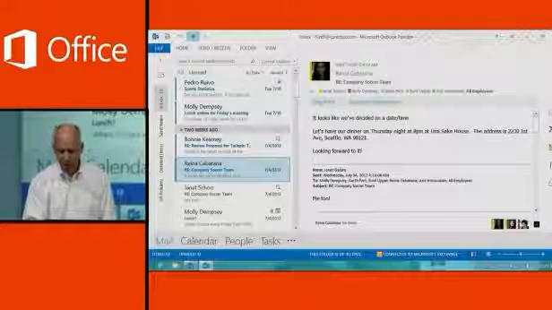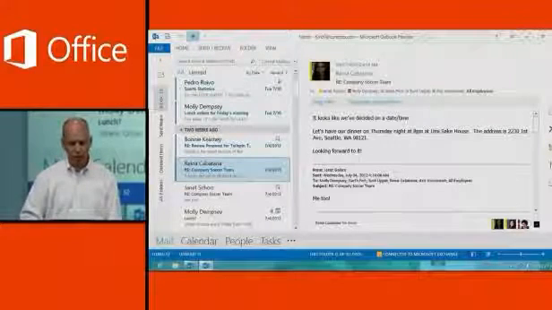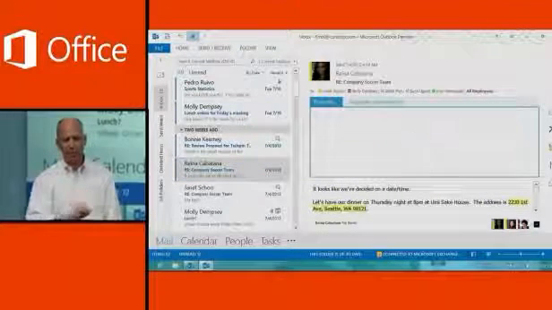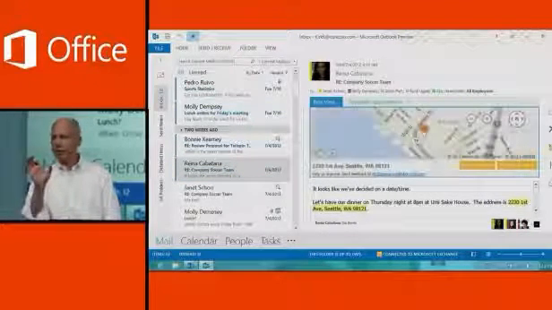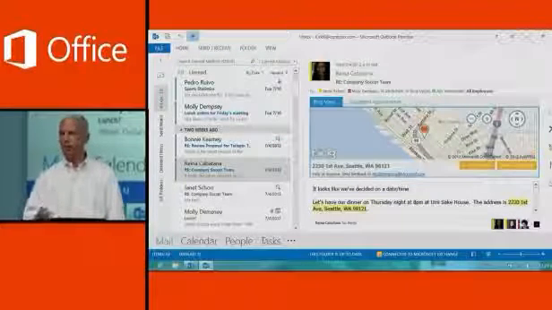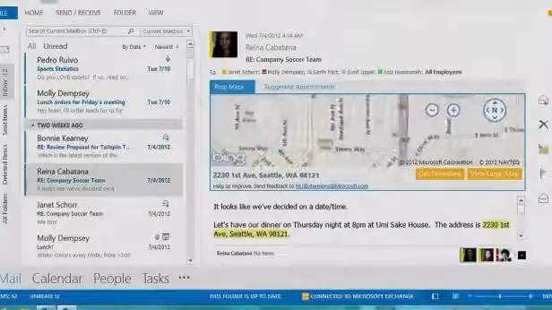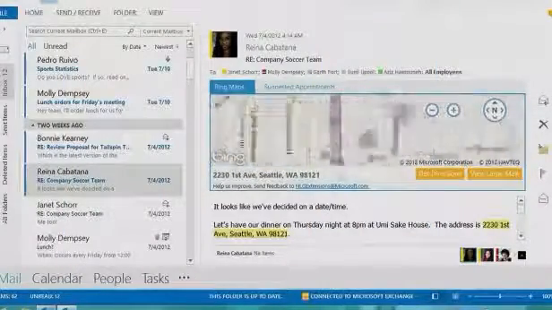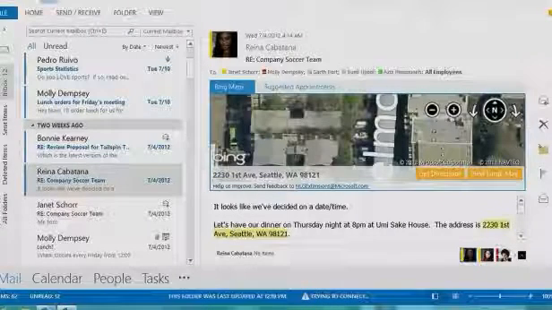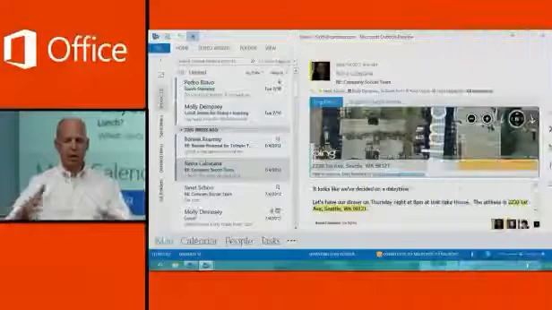So if you look at this mail message, you'll see part of the sentence says, the address is 2230 First Avenue, Seattle. I'll go ahead and just click on Bing, or tap on Bing Maps. And what that does is it scans the email, it identifies that there's an address there, and it puts this map in place. Pretty cool. It's also interactive, though, so I can navigate through it. I can tap if I want to go deeper. You get the idea here. I can zoom right in if I'd like. Just a simple example, but a great one of how we can harness the power of the cloud here inside